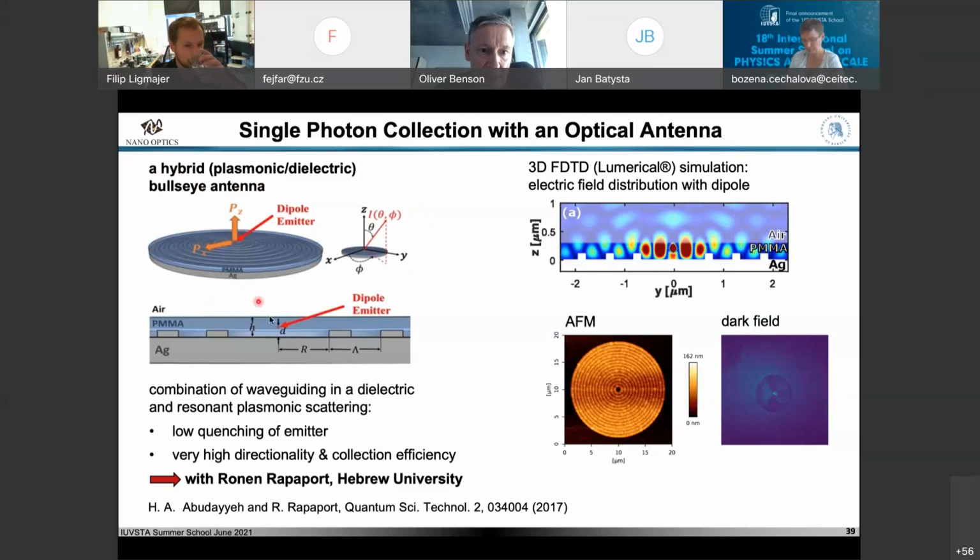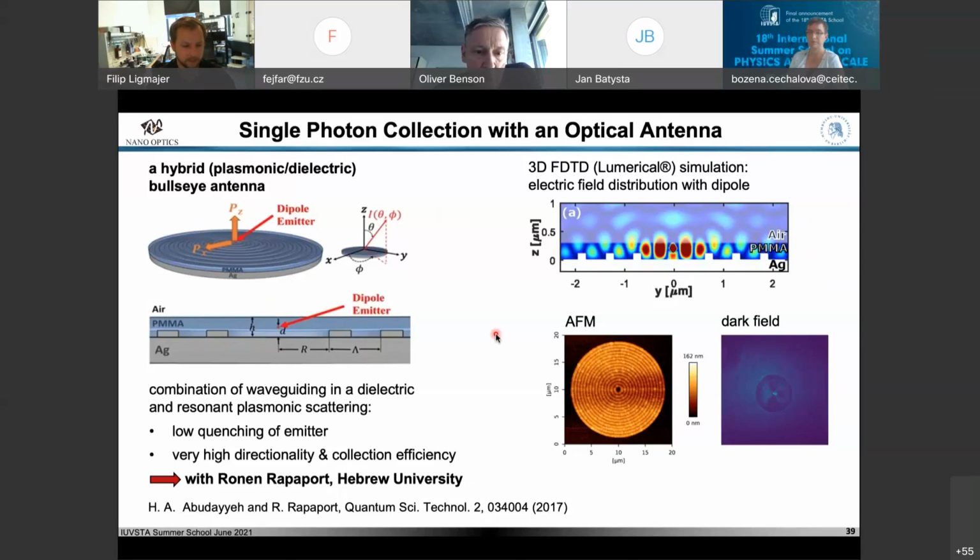So the idea is a little bit, let's assume you have a tiny diamond here with a single defect center, and it's in a layer of PMMA plastic here on silver. Then this layer acts like a waveguide. So light is emitted in this waveguide. And then you have this kind of grid structure, and this is like a grating, and constructive interference then leads to the effect that a lot of light is just emitted perpendicular to the surface here, and hopefully you can collect this with a simple lens.